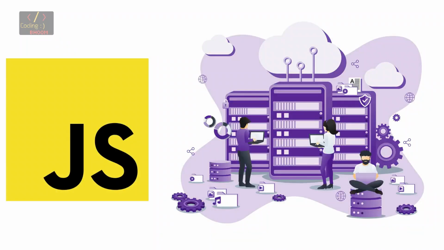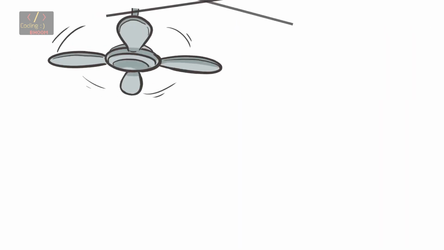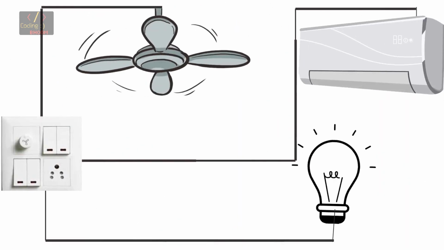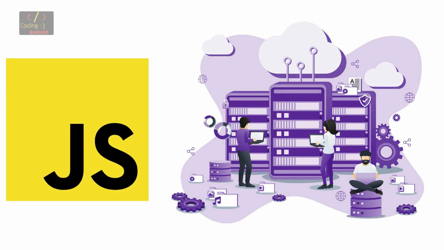What is the purpose of JS? If you want to turn on your fan, what do you do? You just turn on the switch and it will rotate the fan. If you press the switch, the electricity passes to the light and the light will turn on. You are not passing the electricity with your hands. You just press the switch and the electricity automatically goes to the light. So you are doing one thing here, and something is happening inside your walls. So that is the purpose of JS when it comes to websites.